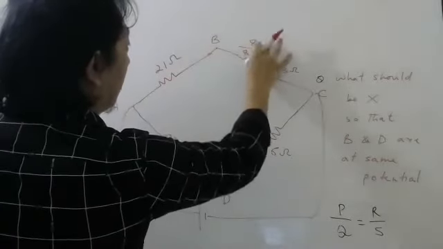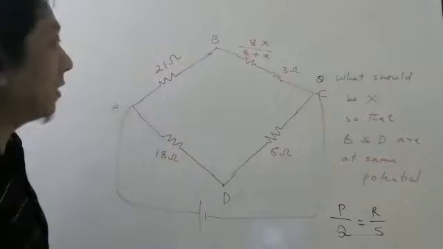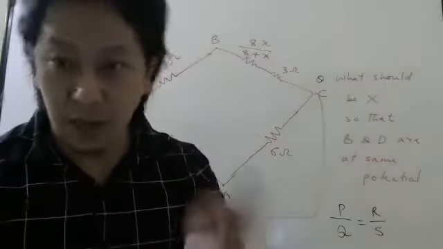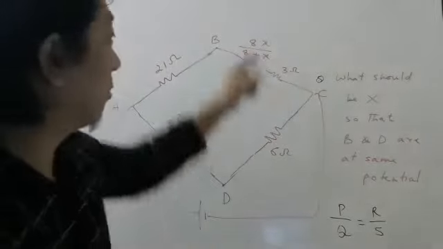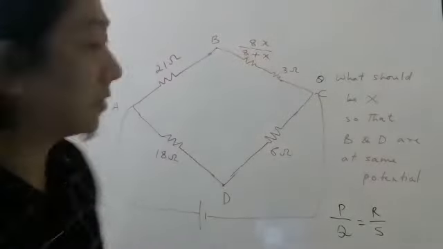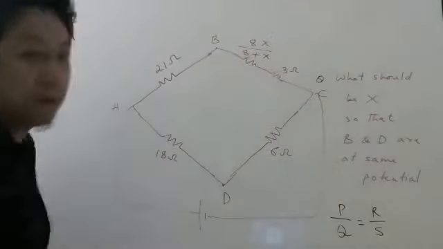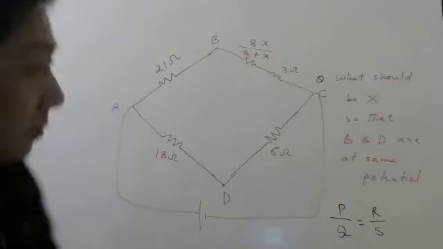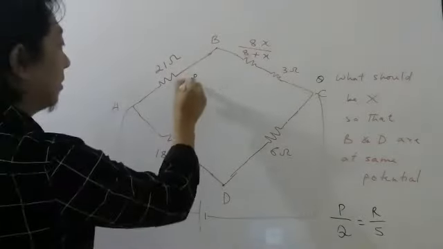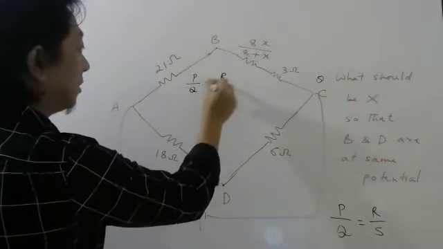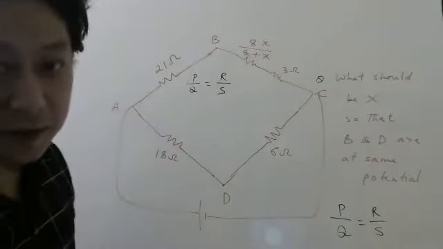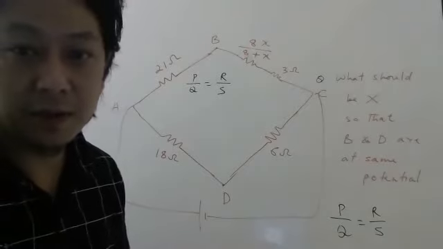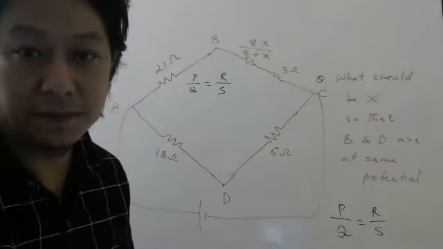Let me write small letter x. In parallel, what formula do we use? R1 R2 by R1 plus R2. So 8 into x by 8 plus x. Then these two are in series, remember. So now what is the condition? The condition is P by Q should be equal to R by S. Let me do the calculation in the middle part. Space is there, right? Okay. This chat box, let me keep it on the side.